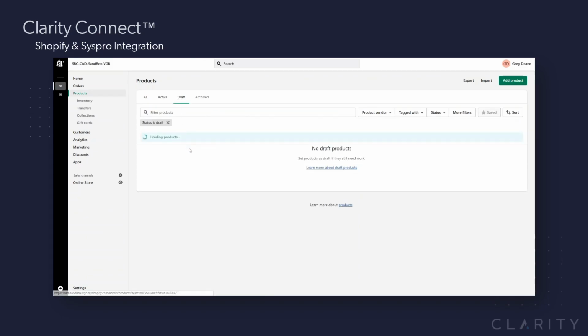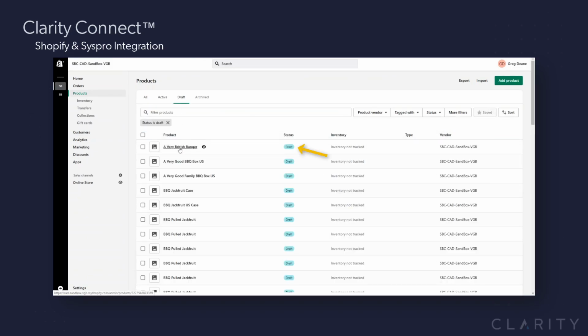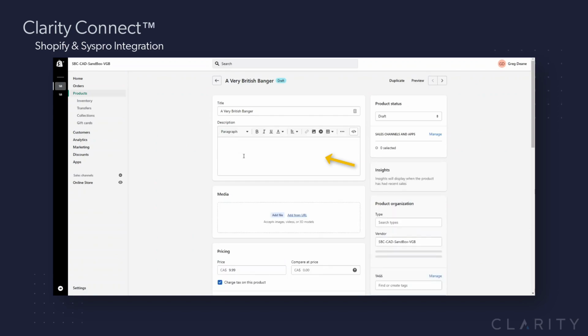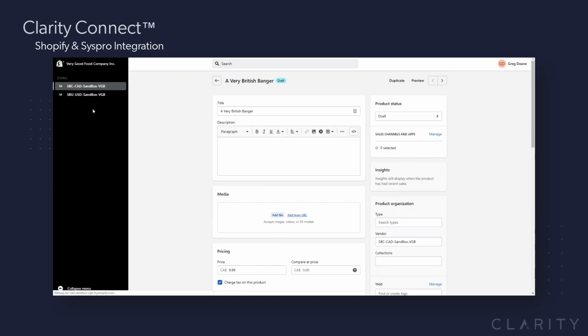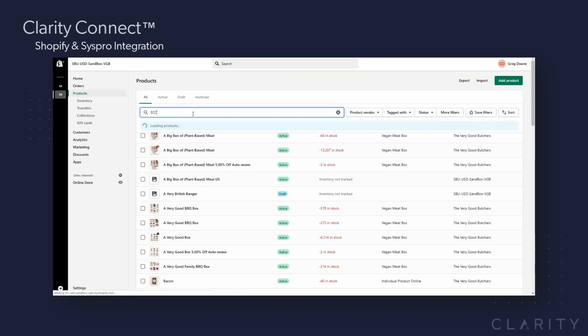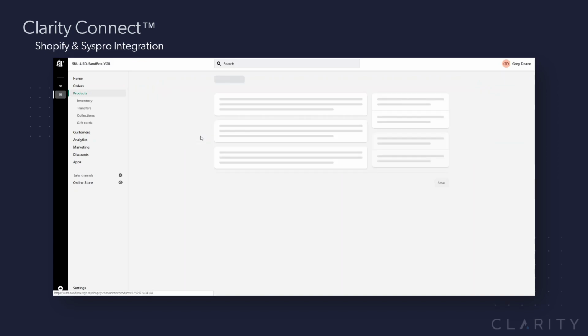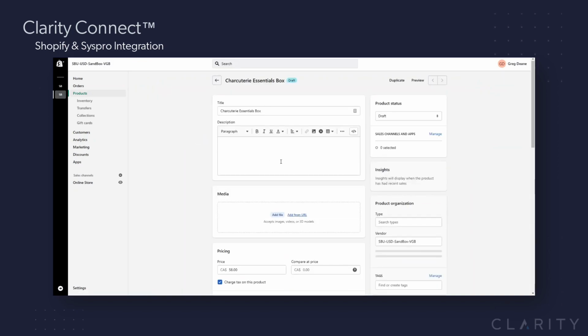Then I remembered that the client wanted it to be synced as a draft product first. Then, after their hired marketing agency writes and fills in the product description and images, the product will be switched to active. The sync did, however, sync over the product title, price, SKU, vendor, and any other required information from Syspro. Over in the US instance, we look for the other product and find that it was also synced over as a draft with the title, product, SKU, and more, synced and ready for the marketing agency to come and